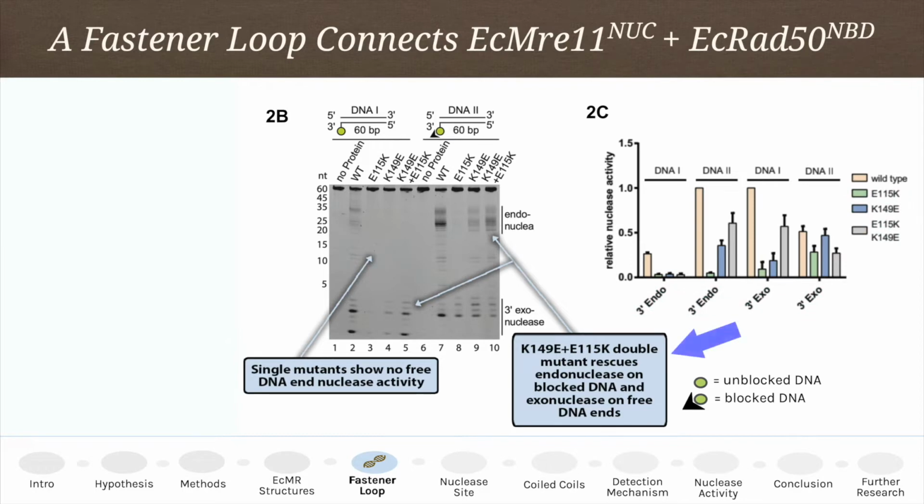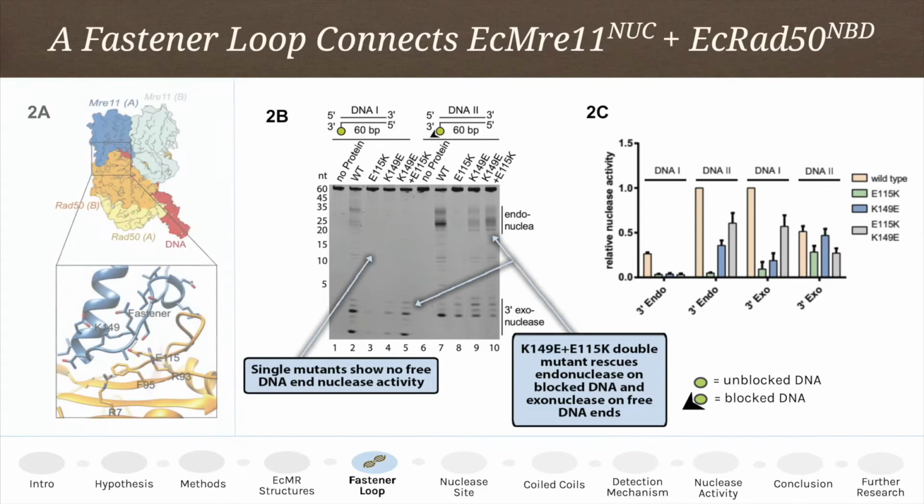Mutating the charge of both amino acids restores exonuclease activity in DNA1 and endonuclease activity in DNA2. This is because originally K149 is positively charged and E115 is negatively charged. Changing them both allows salt bridge interactions. Overall, these results validate the cryo-EM structure such that the endonuclease activity in the cutting state occurs only in blocked